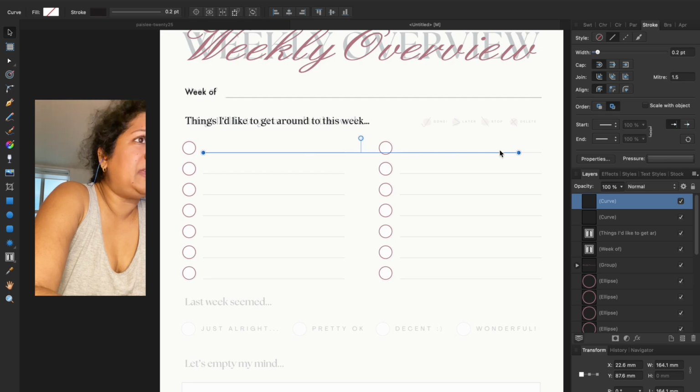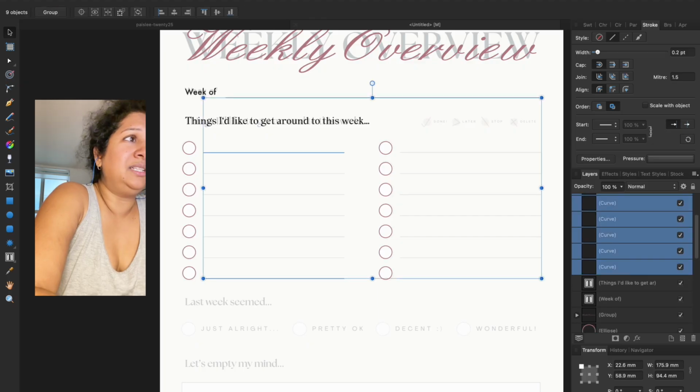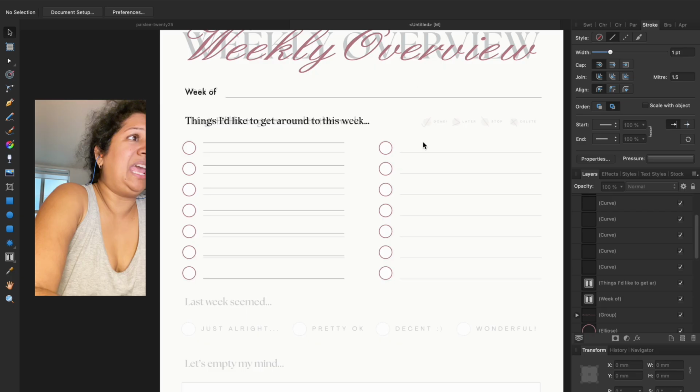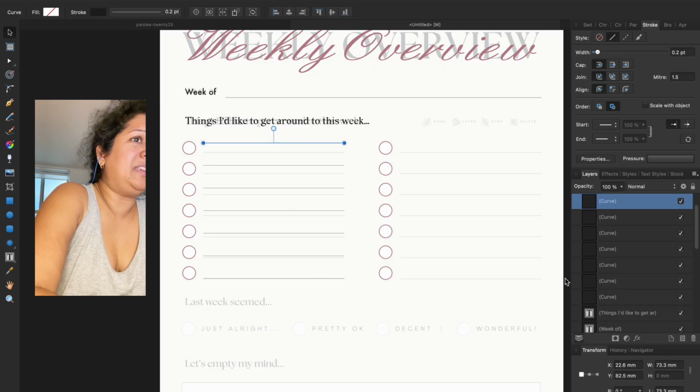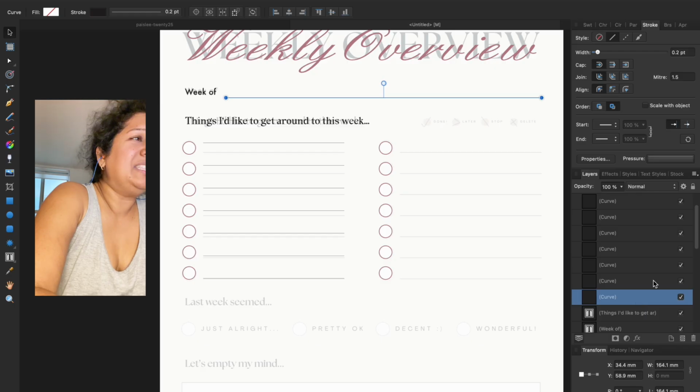And now I'm just going to create these lines. 2, 3, 4, 5, 6, 7. Now the thing is, you can't see, but that is all there. And it's called a curve. And all I need to do is distribute it. Well, I accidentally included that one, so let's try this again. Why is that? Okay, so